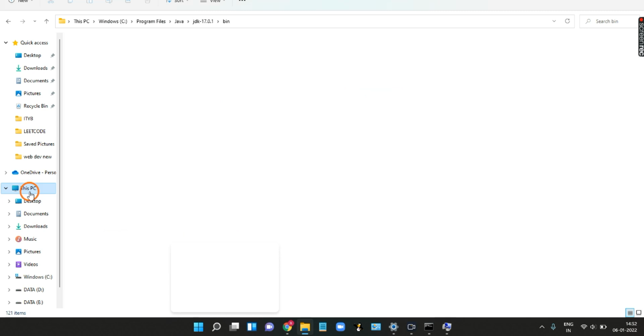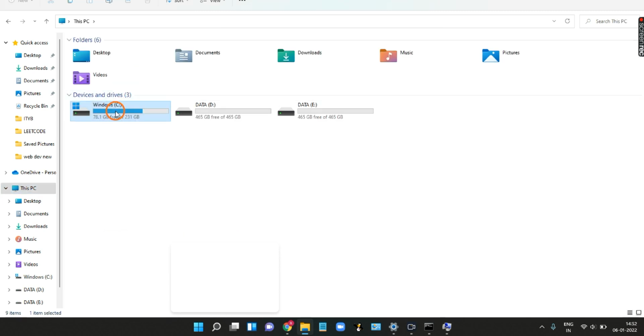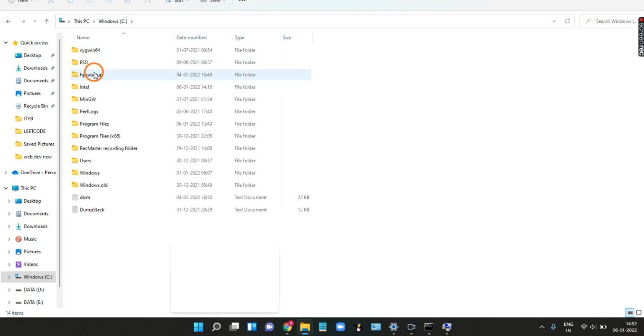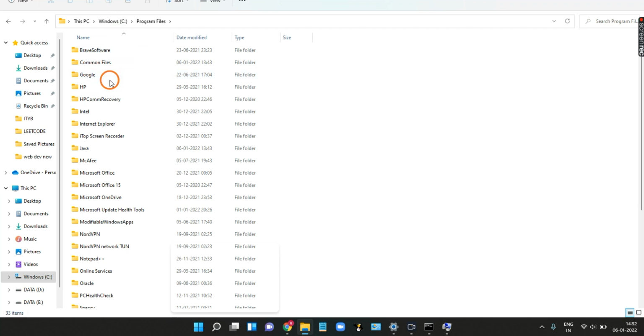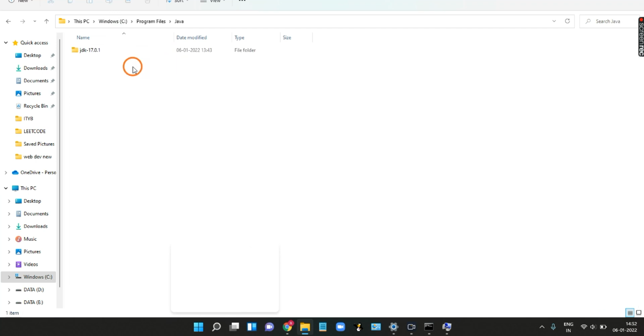So click on This PC, go to this Windows C. After that, select Program Files, and then go to Java and click JDK.